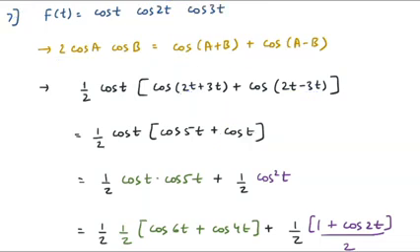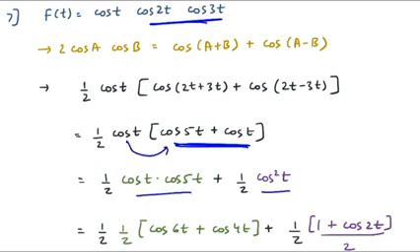I guess this step 1 is clear, converting any two multiplied functions into the addition format, but still we have a problem. What is that problem? The problem is if you multiply this cos t term inside the bracket, again you get two parts. Like here in the first case, two functions are multiplied. In the second case, again we have two functions multiplied, which is cos square t, right? Here also you have to use the identity which you studied in the previous question. Whenever you have cos square theta, it is 1 plus cos 2 theta upon 2. The value of theta here is nothing but t. So you can see that 1 plus cos 2t upon 2.